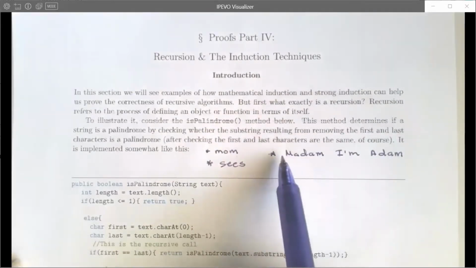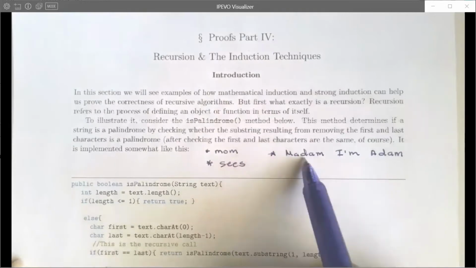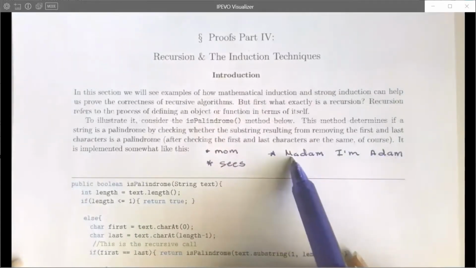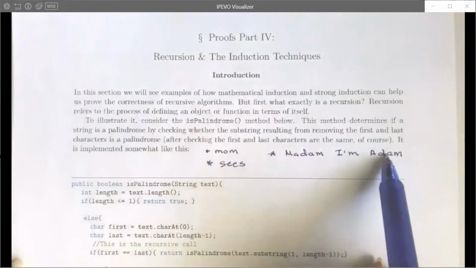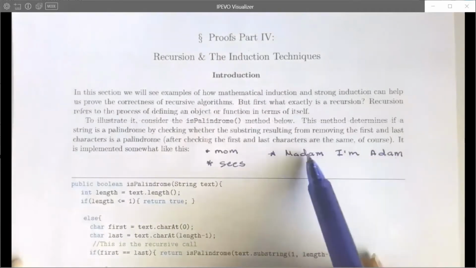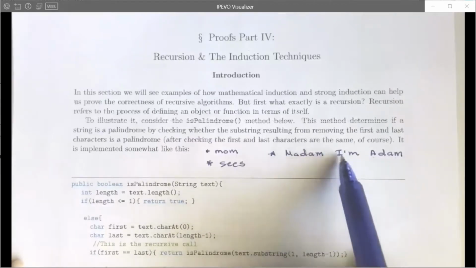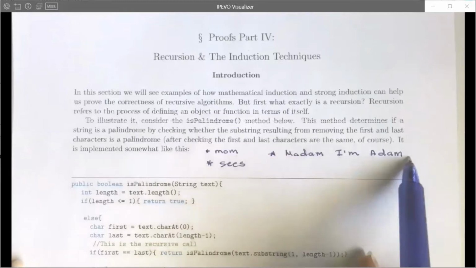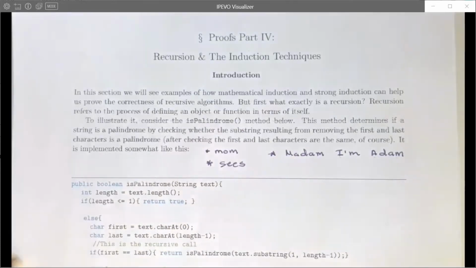Well, this one's a little bit harder to see because we have several characters, but if you take a look at the first and last character, they're the same, so that if we reverse it, this would be the first one, so at least we know that it would begin with an M. We can then take a look at the second character, which would get swapped with the second to last character, and that's also an A. We can check the third against the third to last, the fourth against the fourth to last, the fifth against the fifth to last, and finally this middle element is I, so when we reverse this, we'll get the same string back. And so this method is palindrome relies on that pattern in a